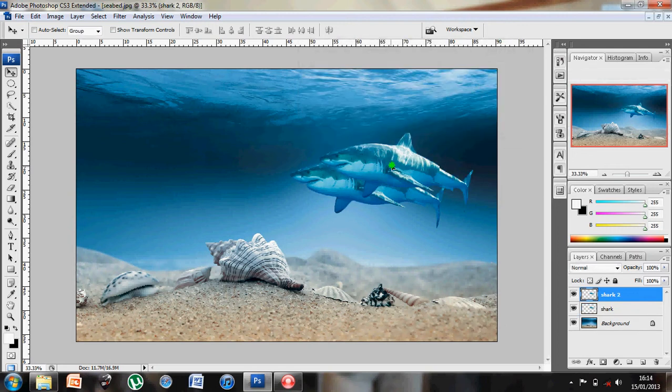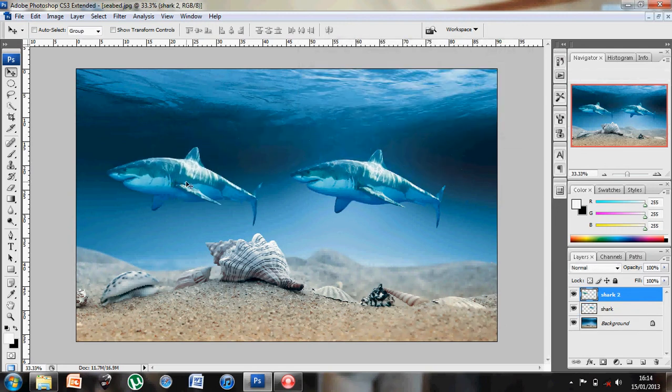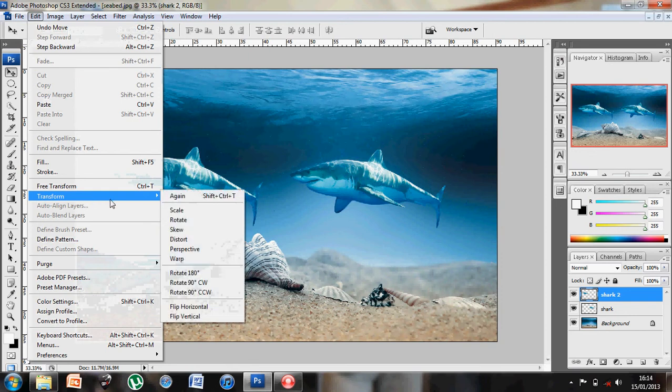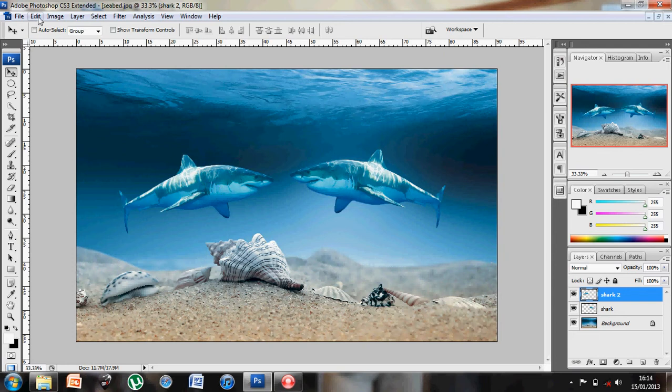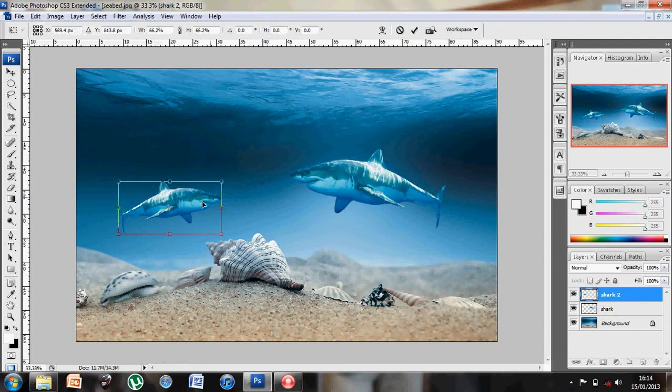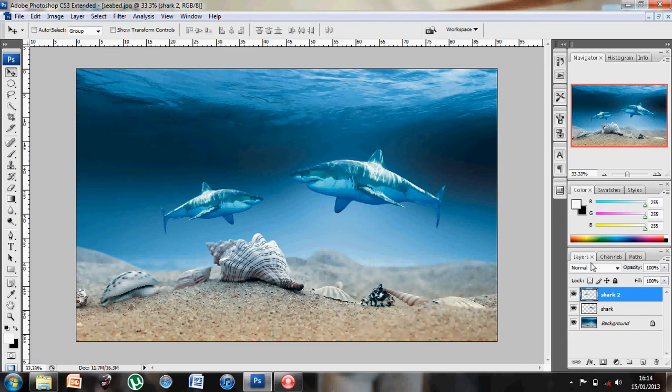Using the move tool, I can take that second shark over here, and looking at the transform option, I've also got the option of looking at flip horizontal, which allows me to change the direction of the shark. Using the transform technique again, I can scale the image down, give the illusion that it's slightly smaller and further in the distance. Tick it to commit it. I could also look at this layer opacity here, which would allow me to slightly drop the opacity of the shark, and again give that illusion that it's further in the distance